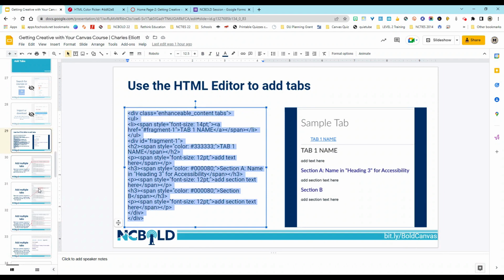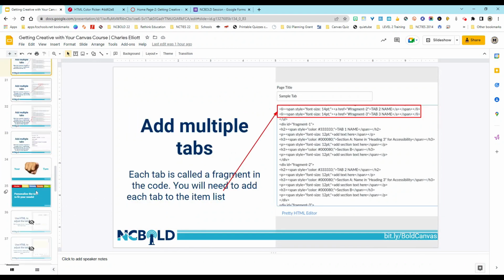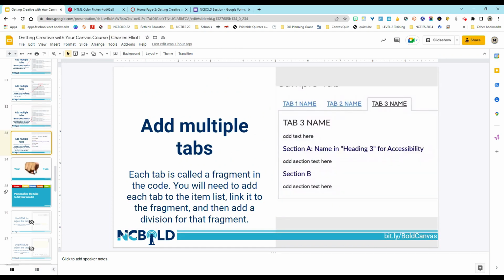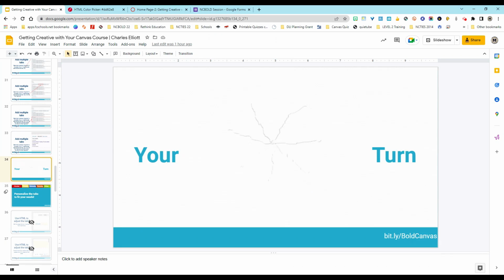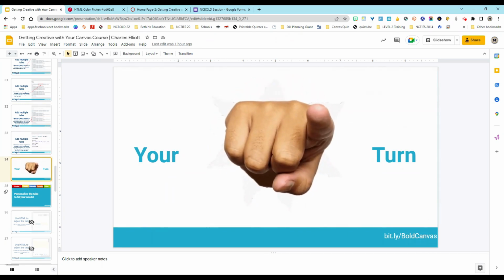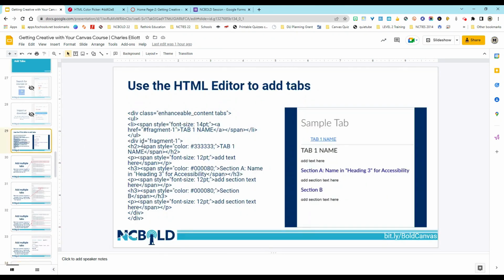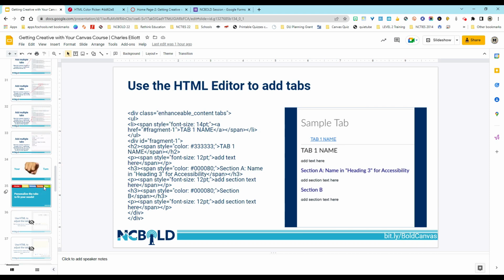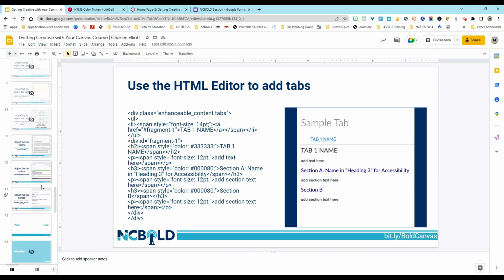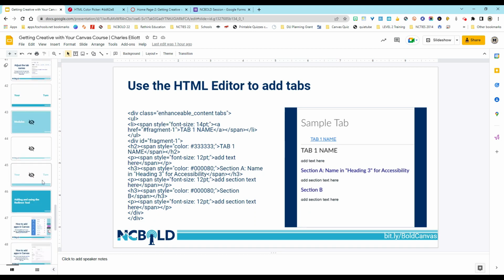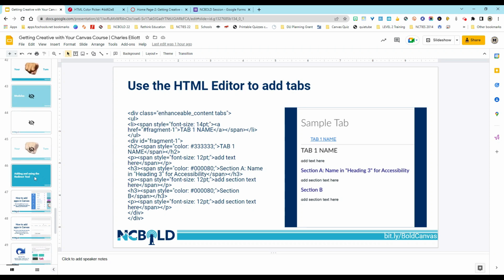So that's creating tabs. Again, I went through most of this in the slideshow, how you can add multiple tabs, what that looks like. I encourage you at this point in time to go ahead and test it out. You can go back up to this slide, highlight everything that's on here, copy it, paste it into the HTML editor like I did, and then make your adjustments as you go through. All right. So we'll go ahead and move on to